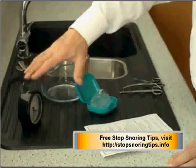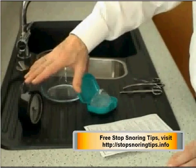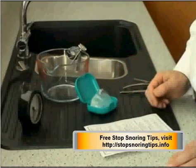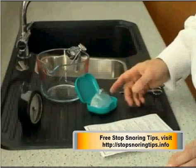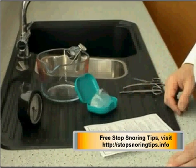But you absolutely must have a clock or a watch that has a sweep second hand, because it's very, very important that the device is immersed in water for 1 minute exactly. And you'll need something to